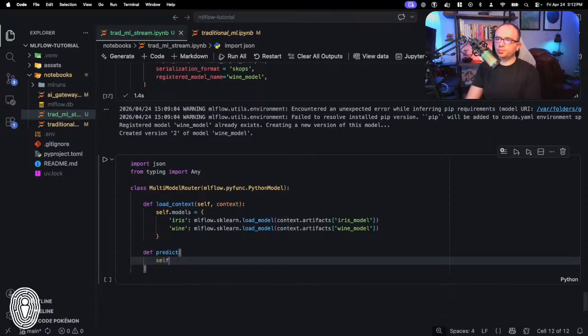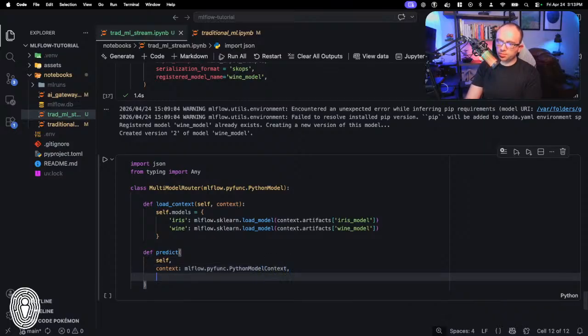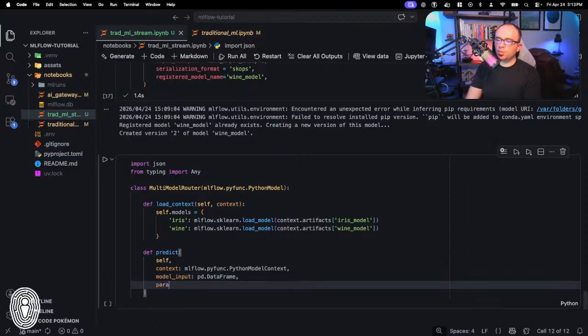So we're going to say self, context is going to be the mlflow.pyfunc.PythonModelContext, model_input is going to be a pandas DataFrame, pd.DataFrame, and params is going to be a dictionary of either strings or Any, None equals None.